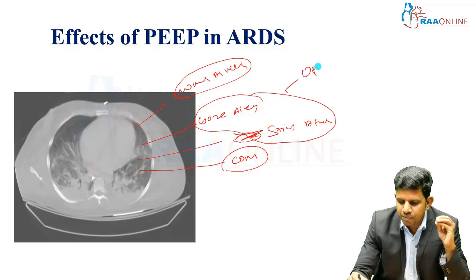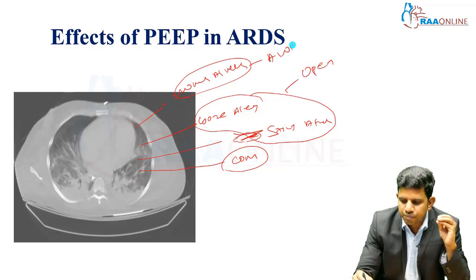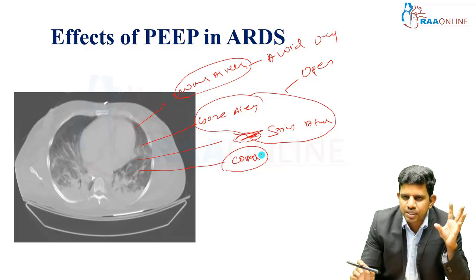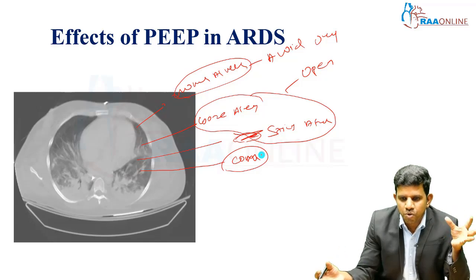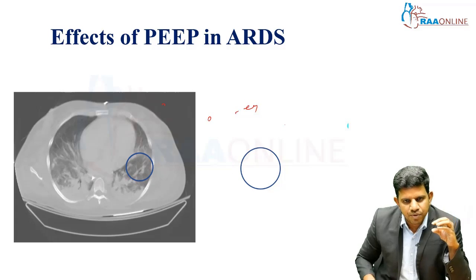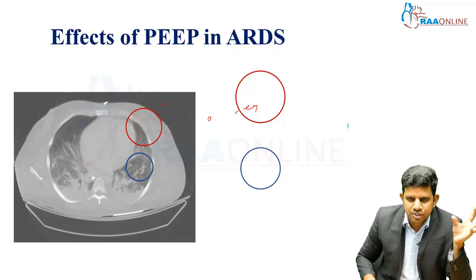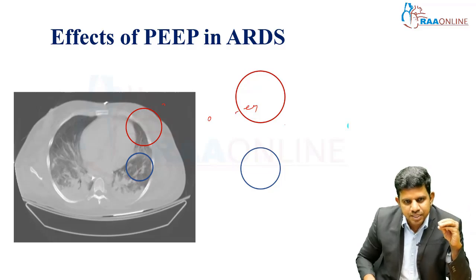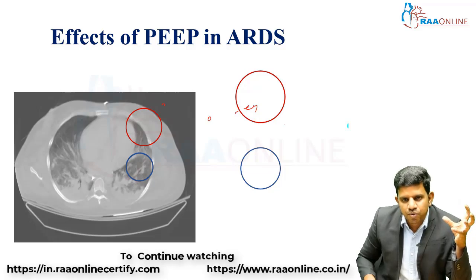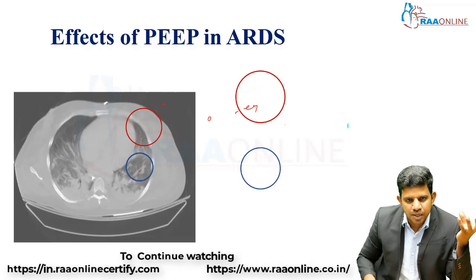I have to open, and I have to avoid over distension. This consolidated part, I cannot do anything, because whatever the pressure, I cannot open those alveoli. See here, if I give PEEP to this patient, this alveoli is expanded. This alveoli can go for over distension. The same PEEP I set for the one patient: some of the alveoli will open up normally, while some of the alveoli go for over expansion, over distension. That is the reason it is very challenging to set a PEEP in